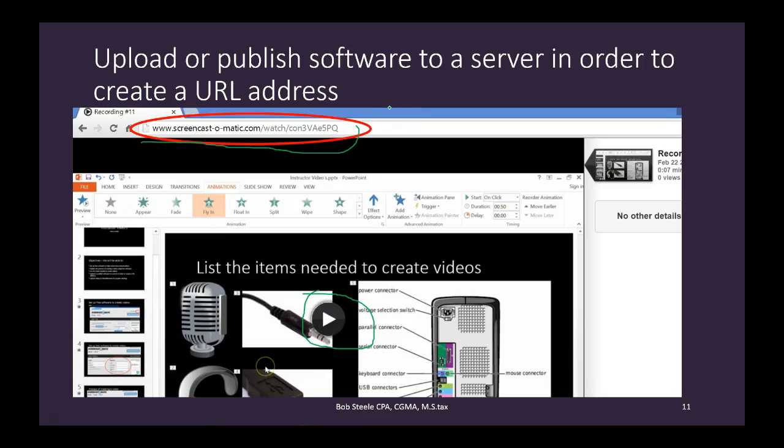So we're going to take that URL, we're going to copy that URL, we're going to put it into Moodle in such a way that students can then click on it in Moodle and come to this page themselves and watch the video that we have created. So in order to do that, we can click up here, right click on that, copy it, then go to